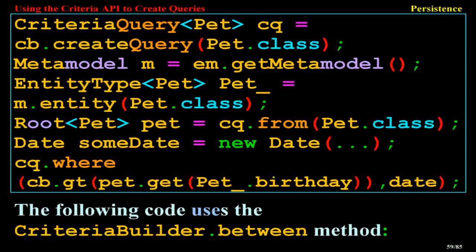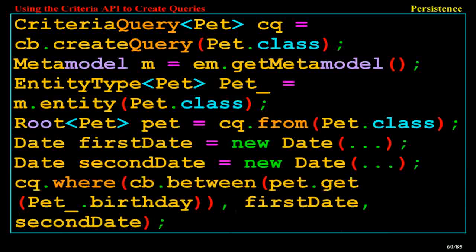Pet_.birthday), date)); The following code uses the CriteriaBuilder between method. CriteriaQuery<Pet> cq = cb.createQuery(Pet.class); Metamodel m = em.getMetamodel(); EntityType<Pet> Pet_ = m.entity(Pet.class); Root<Pet> pet = cq.from(Pet.class); Date firstDate = new Date(...); Date secondDate = new Date(...); cq.where(cb.between(pet.get(Pet_.birthday), firstDate, secondDate));